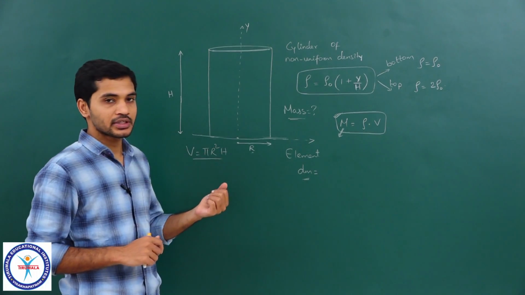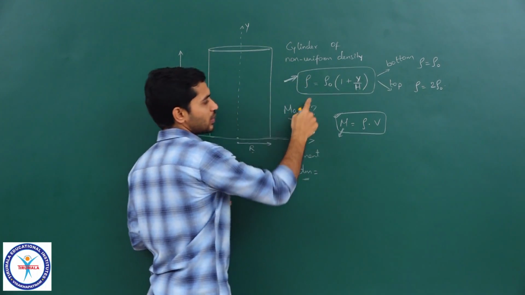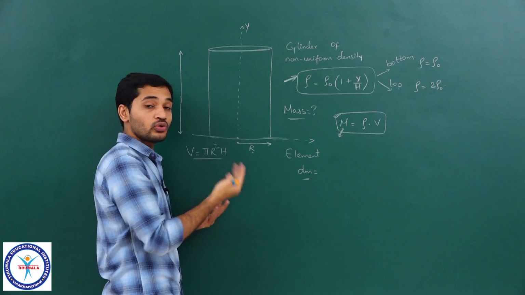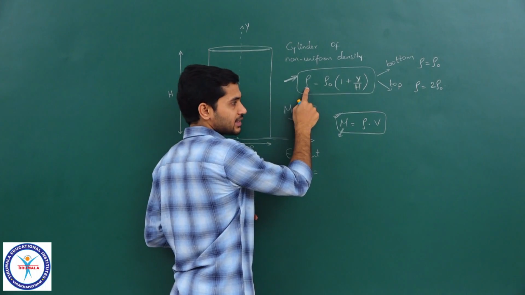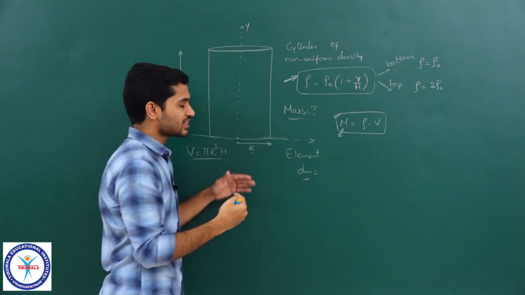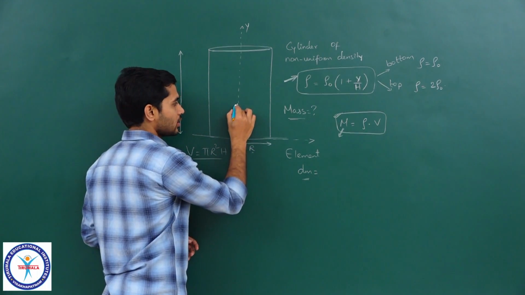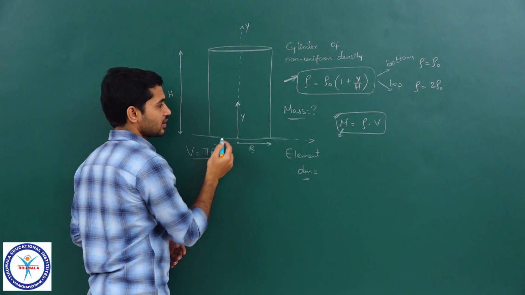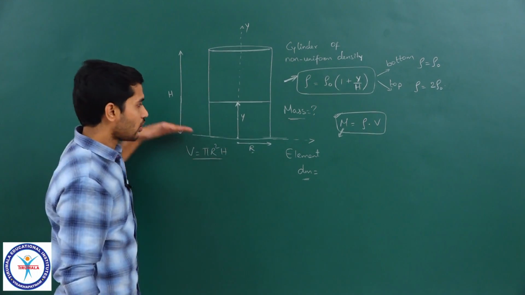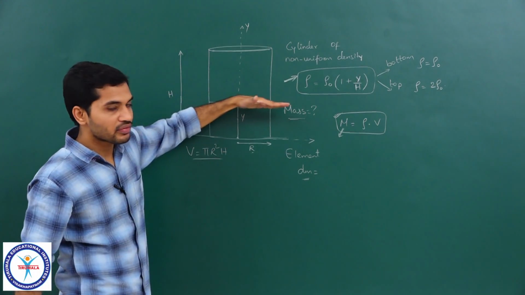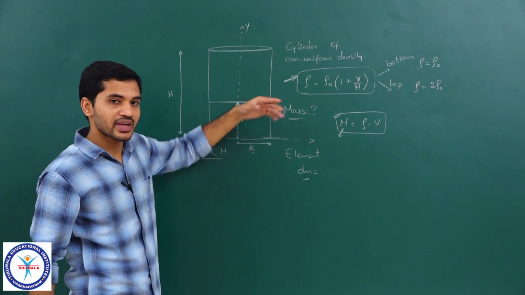How should I choose an element here? For choosing the element, this gives you a hint. By looking at this expression, you should get the hint of how to choose the element, because rho, which is density, is varying with y, in the sense height in this case, correct, which means, for example, if I consider a particular y, let us say this is a particular y, you know that at this level the density is same everywhere on this plane, which has the same value of y, which means everywhere over here we have the same density.